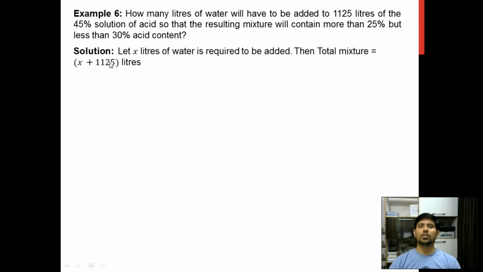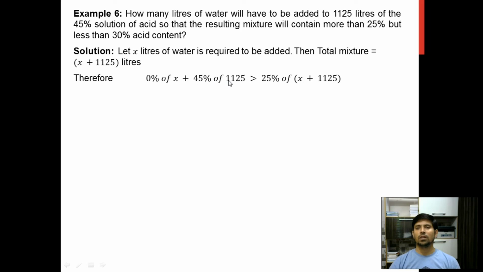So the total mixture will be x plus 1125. This is 1125 liters plus x. This is the total solution on adding x liters of water. Now according to the question we know that 0% of x, because what is x? X is the liters of water required to be added. How much water is added? X liters of water is added, and the concentration of water is 0%. So we have written here 0% of x plus